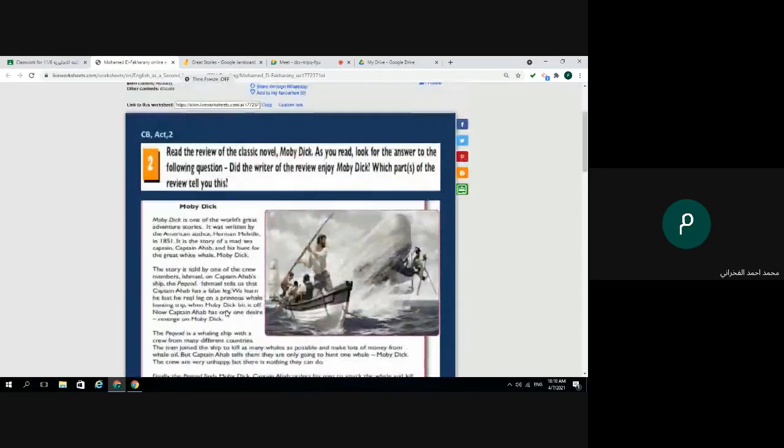But before we start, what are we going to do? What are we going to do? Read the review of the classic novel Moby Dick. We are going to read the review of the classic novel Moby Dick. So this is a reading task. So you are going to read, and as you read, look for the answers to the following